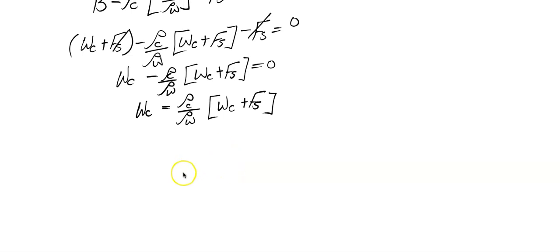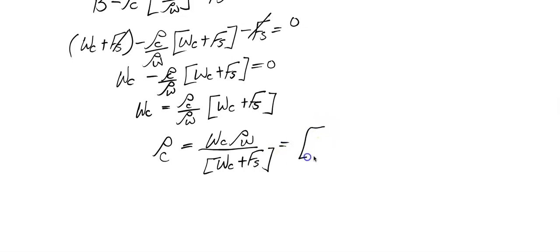And now if I multiply everything by rho W, I get rho C equals Wc times rho W, divided by this term Wc plus Fs, and we can reorganize this and say that this is Wc over Wc plus Fs, all times rho W, the density of water. So now we found the density of the cork as a ratio of the weights and the forces times the density of water, and if we plug in the values we know,